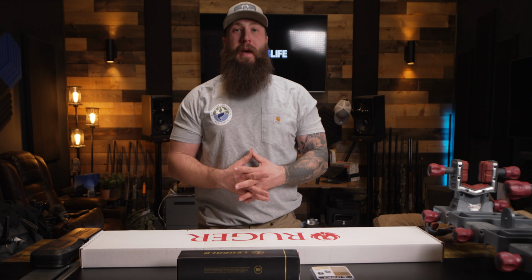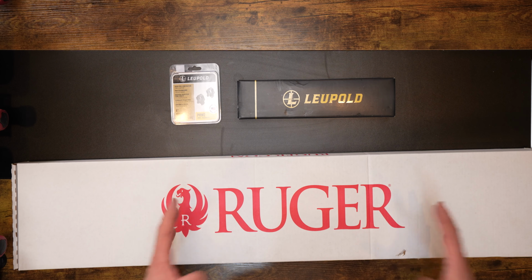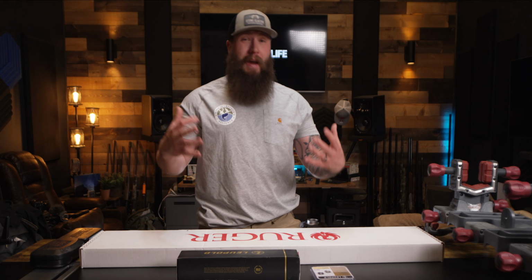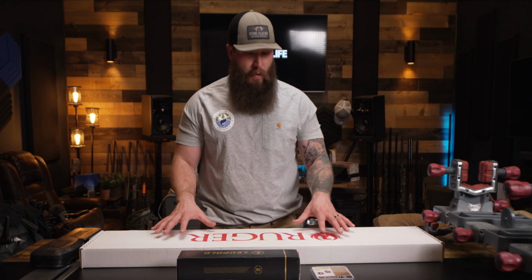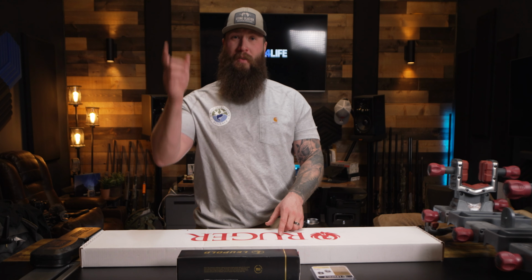All right, guys, so we just got back from Texas at the Outdoor Solutions range. We took this gun right here and we shot it at 300, 500 to 1,000 yards. She performed flawlessly. So now we're back in the studio and I'm gonna break down exactly what we did to get this gun to shoot that way. But if you guys wanna see exactly how the gun performed, skip all this and get right to the field, check out the link above and see how this gun right here performed, all put together with parts made in